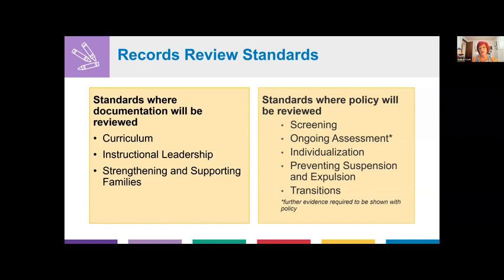Is there a minimum time? Because some of them have just, in the last 3-4 months, started doing screenings and assessments. So if you look at the guide to the records review tool, that'll be incredibly helpful for things like that.